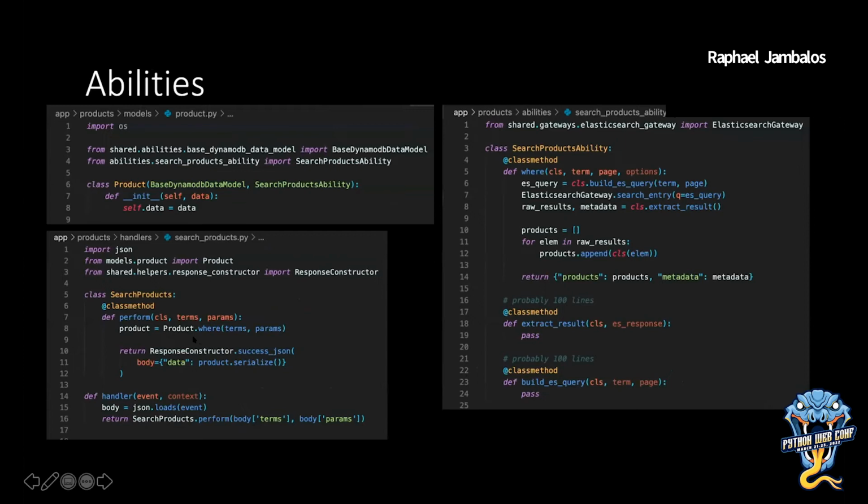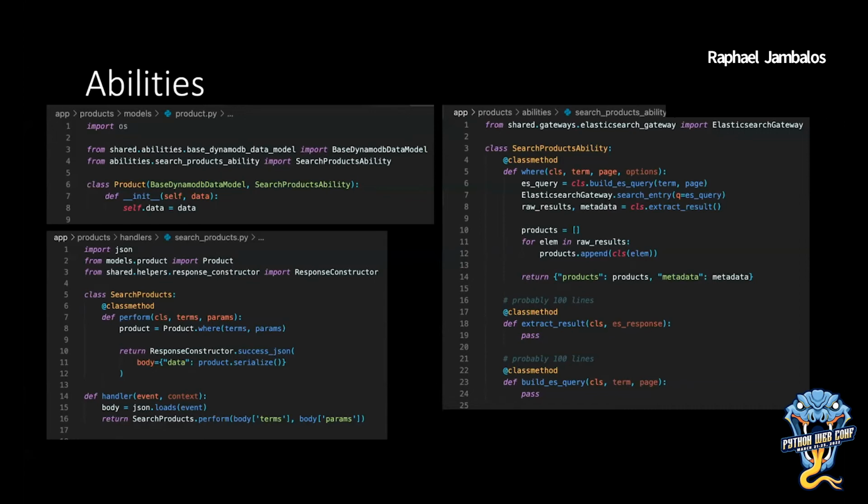We want to be able to find the product. For example, we search for example, crispy barbecue junk food. So we want to be able to know all the crispy barbecue junk foods in our e-commerce app. So we use .where, and inside the product